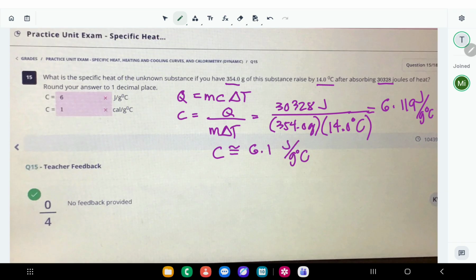You got it correctly, but then you didn't follow instructions. It says 1 decimal place, so it should be 6.1. Yeah, you got it. 6.1. And then the next one,